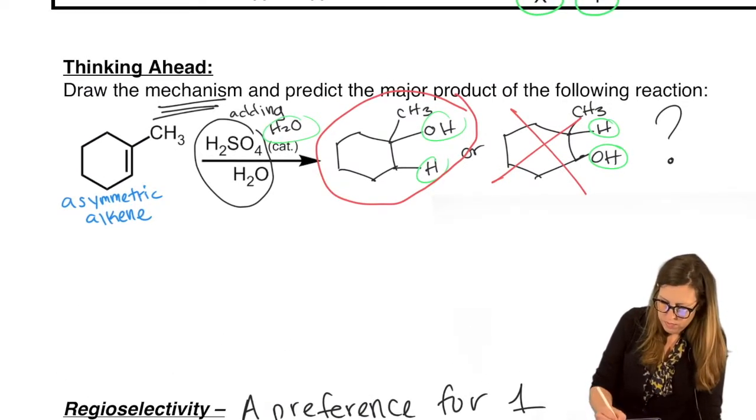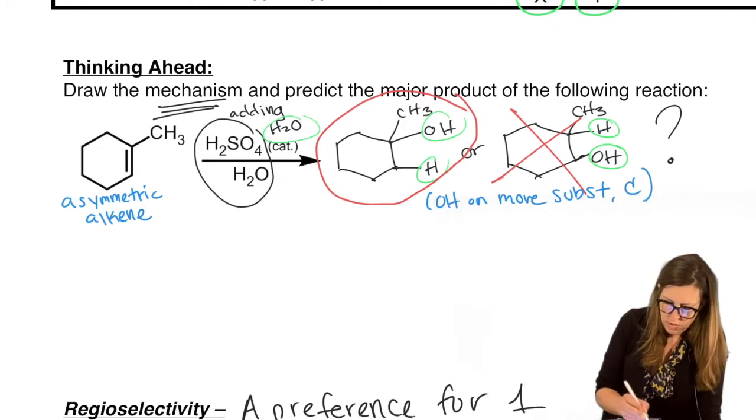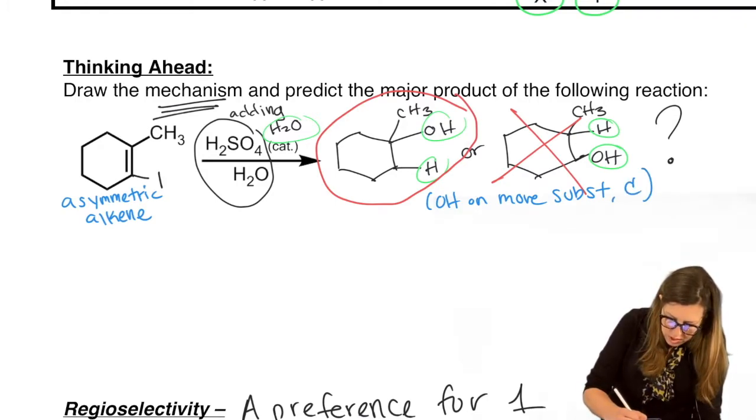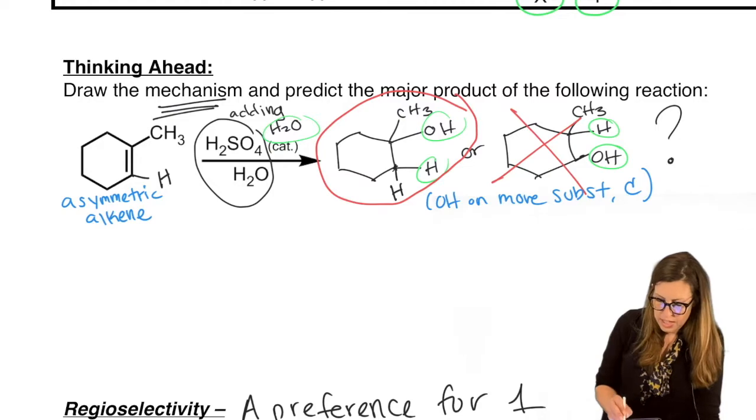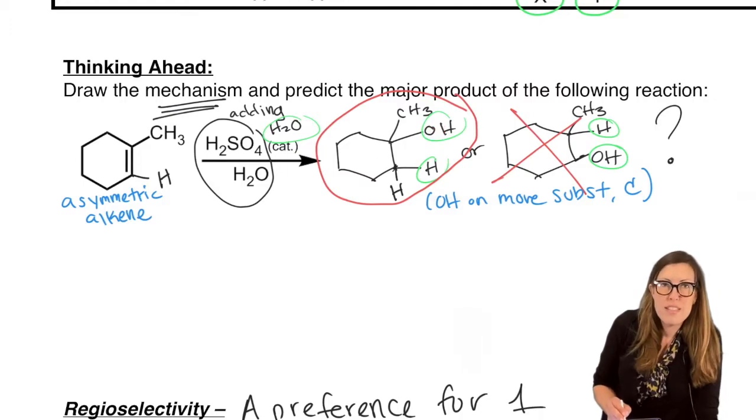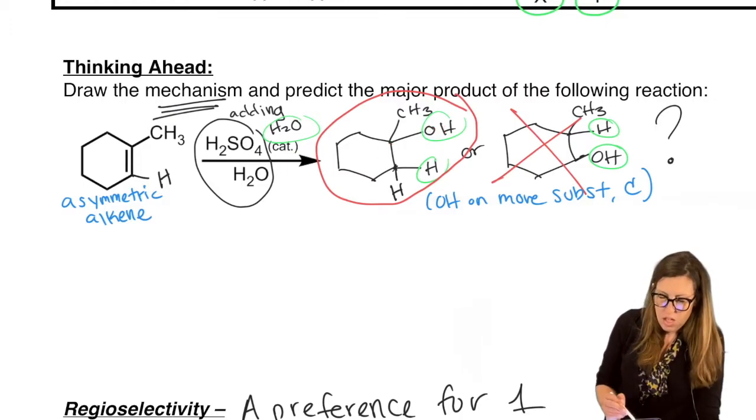Let's look at that. So OH and H went on the less substituted carbon, right? Let's draw in what's on that other carbon. That other carbon already had an H. That H did nothing, but we did see that that carbon gained a second H. So H went where there's more H's. New group went where there's less H's. Why? The answer is always in the mechanism.